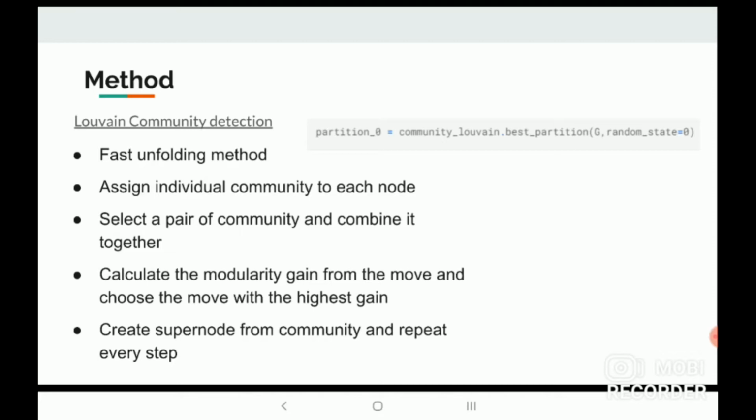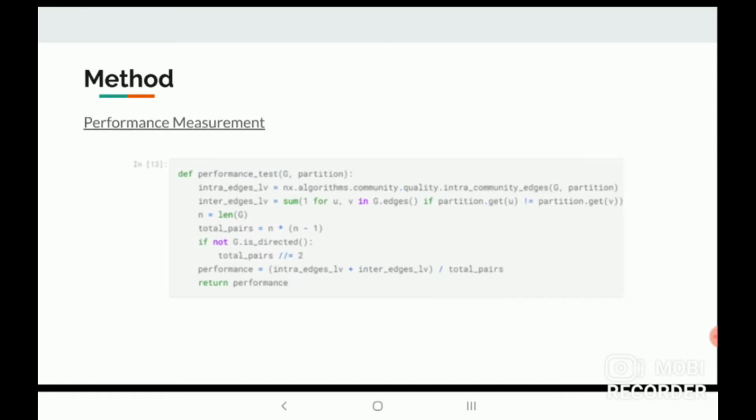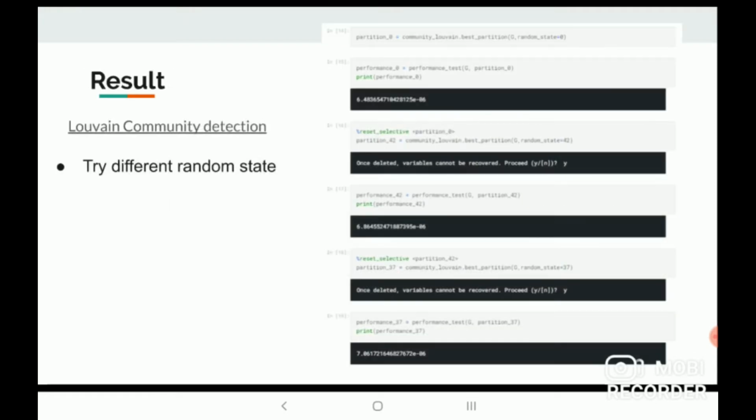So the final result will come out with the best community. We also make a function of performance test to test which random state has the best performance, and from that we keep checking the random state to find the best result that we can get.